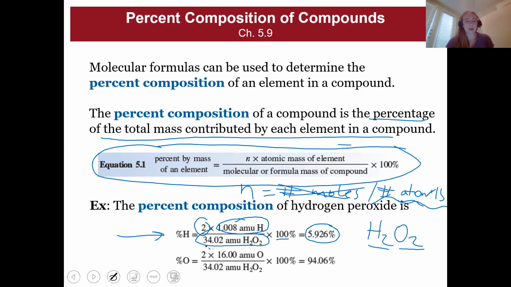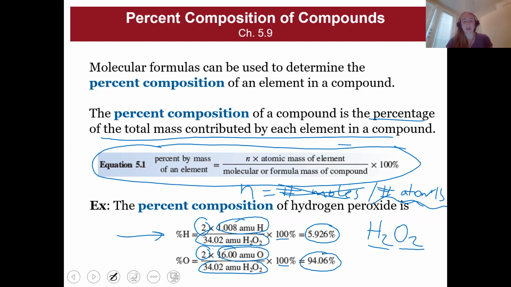So we do the same thing with oxygen. There's 2 atoms in one molecule. And we multiply by the atomic mass of oxygen, which is 16 times bigger than hydrogen. And we divide by the molar mass of the molecule, or sorry, molecular mass of the molecule. I apologize. Multiply by 100, and we see that it is